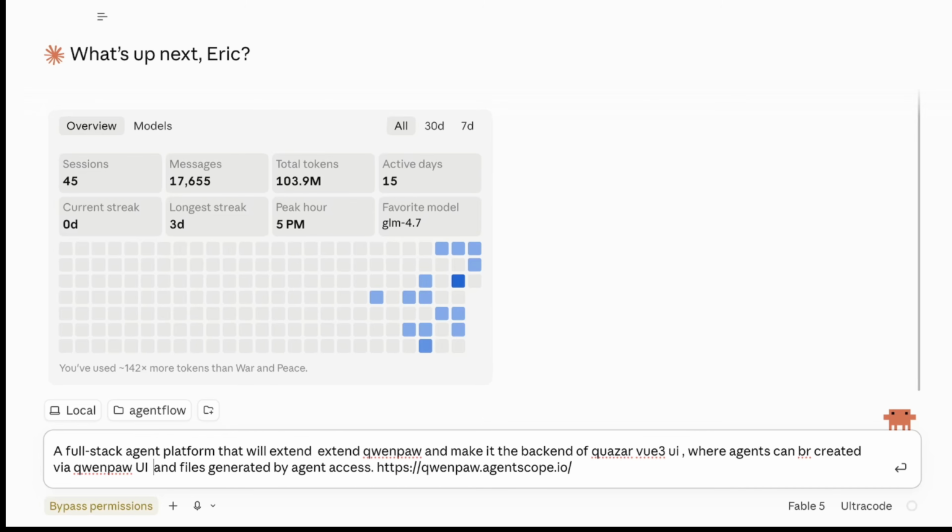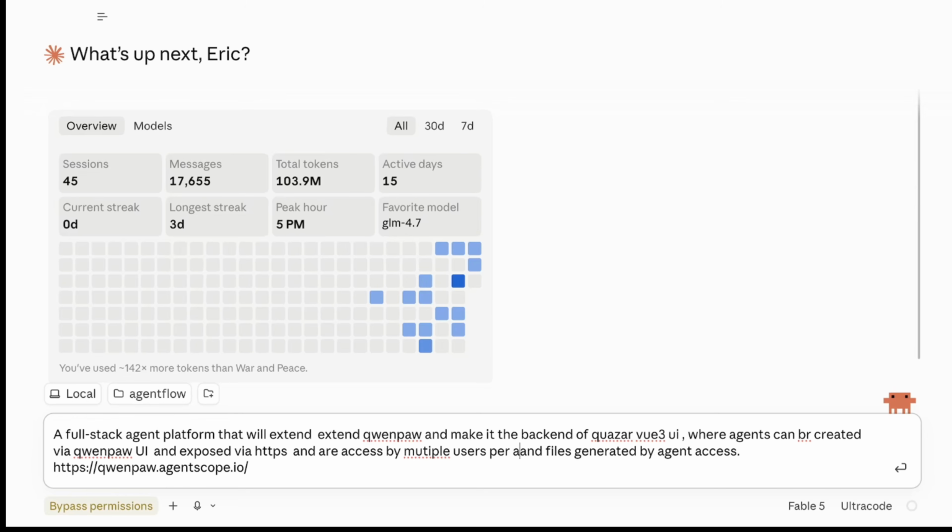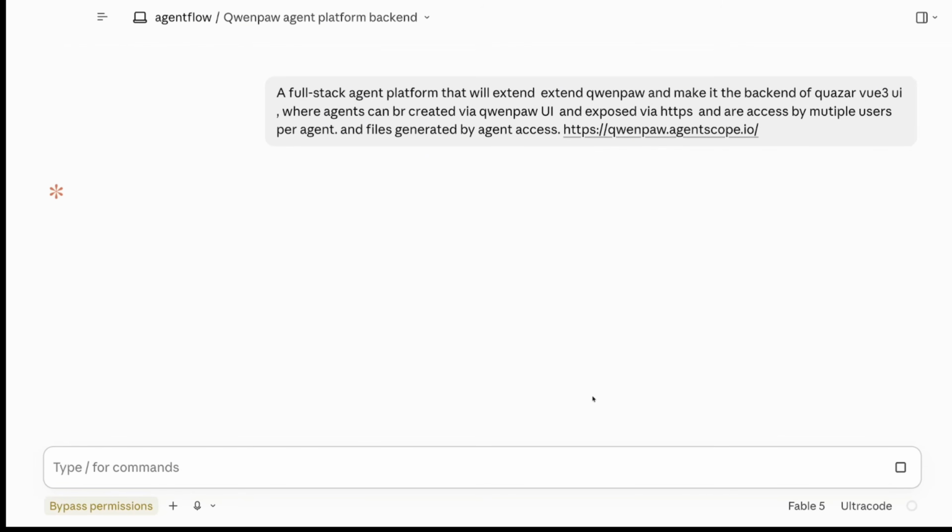and exposed via HTTPS per agent. Okay, exposed via HTTPS, maybe all the agents, and are accessed by multiple users per agent. QwenPaw already has most of these things built into it. Let's see what we can achieve here. I'm calling it AgentFlow. So let's see. One of the things